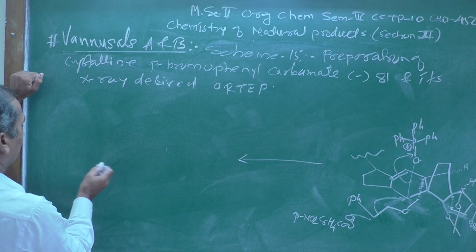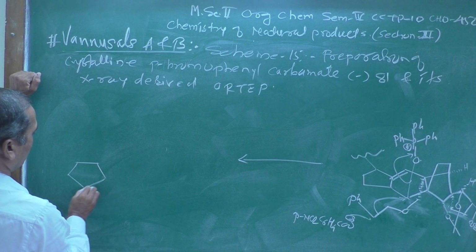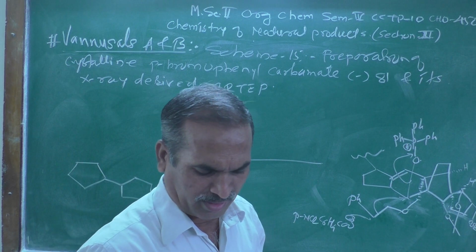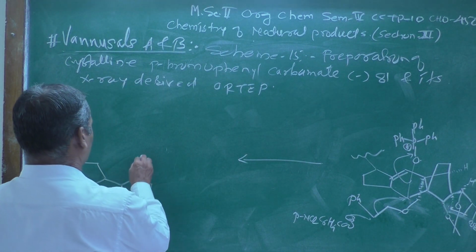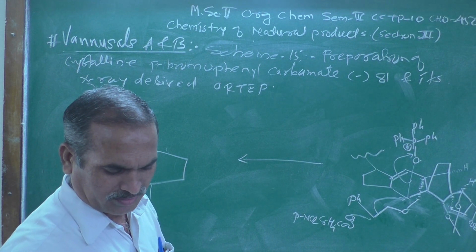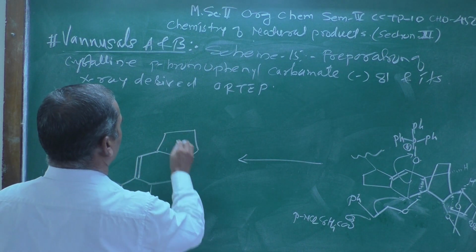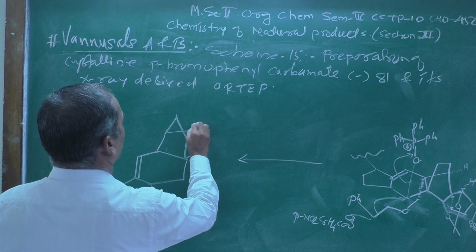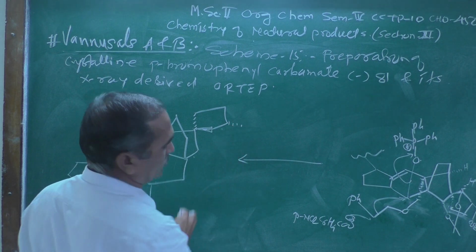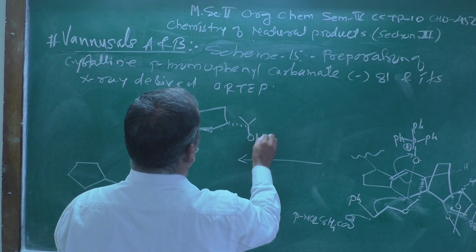How do the compounds look? You can see over here, there are two 5-membered rings attached to each other. There will be a 6-membered ring, where a double bond is already there, and after that there will be a 5-membered ring further attached to another 5-membered ring. Here, maybe this one, is an isopropyl group.